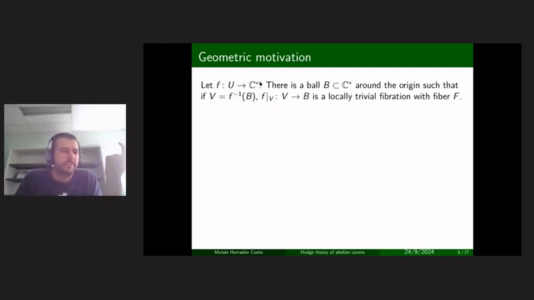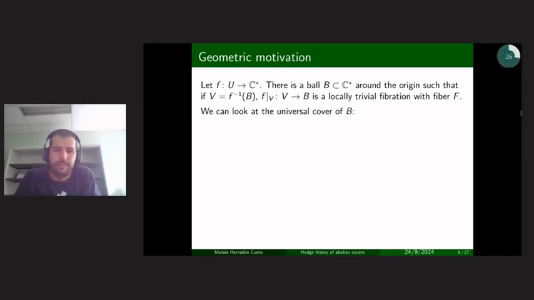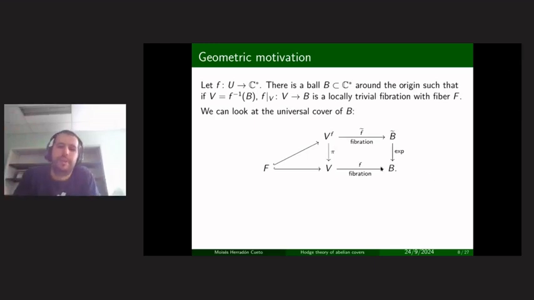A map to C star is generically a fibration, and in this case, it means that away from a finite set, it's nice. So there's a finite set of bad points, and you could take, for example, a ball around the origin and get rid of those bad points. And if you restrict, I'm thinking of the preimage as a tube around some sort of fiber at zero that I've removed here. You get a fibration. And you play the Alexander game over the ball. So you make the same diagram.